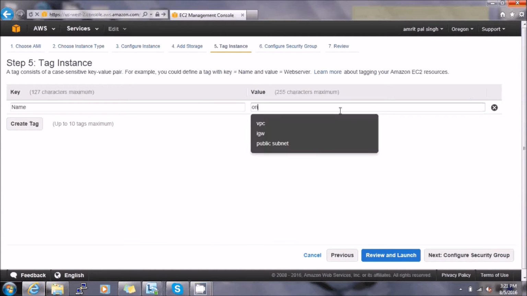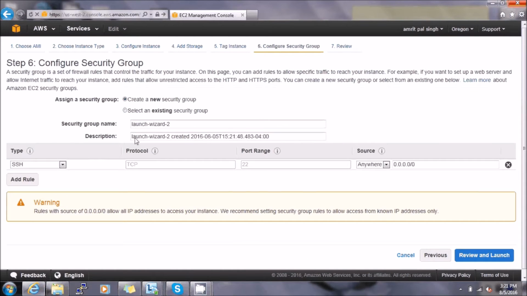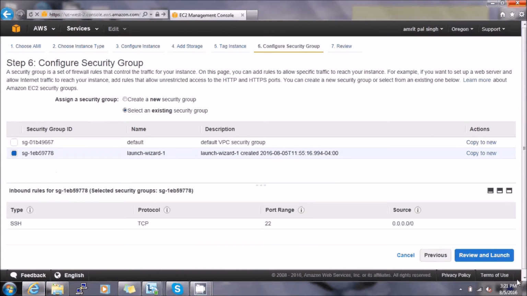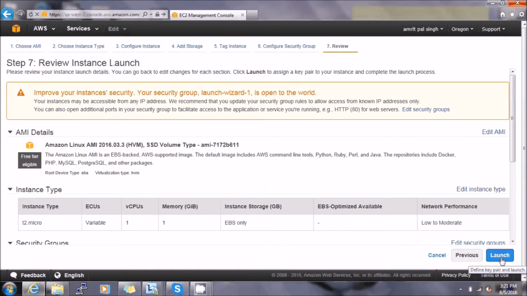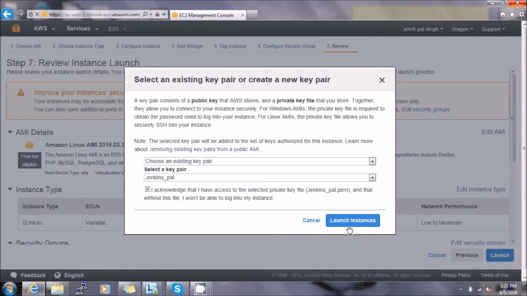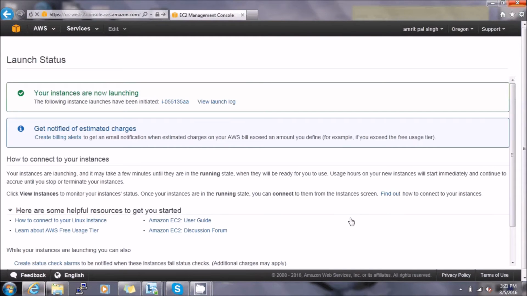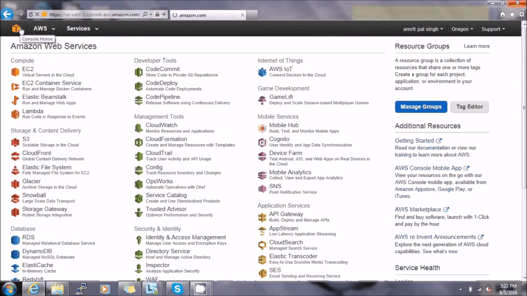Let's call it original instance. I can use an existing security group. Okay, now I'm launching this instance. So I have created an instance in a public subnet.